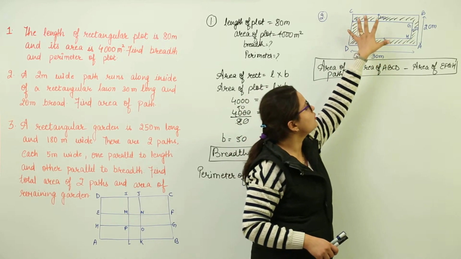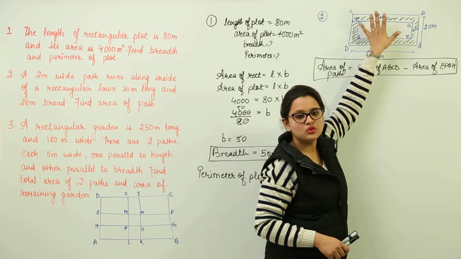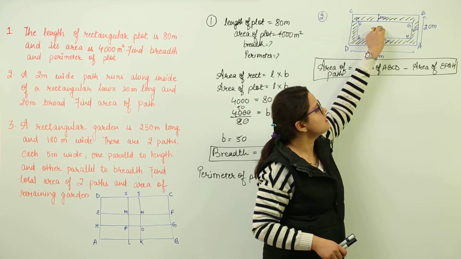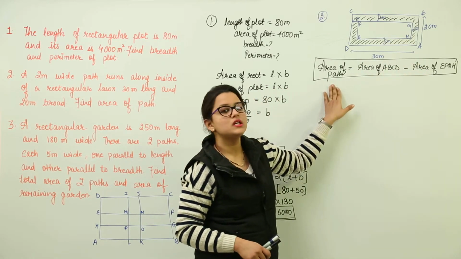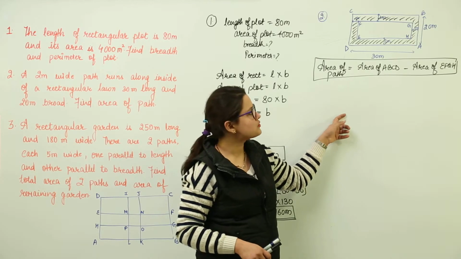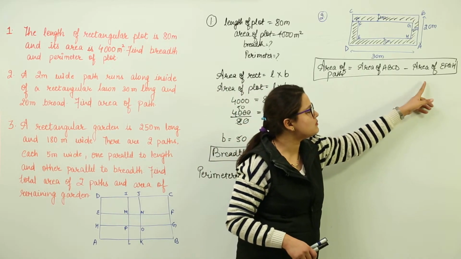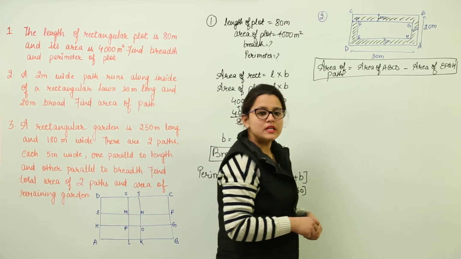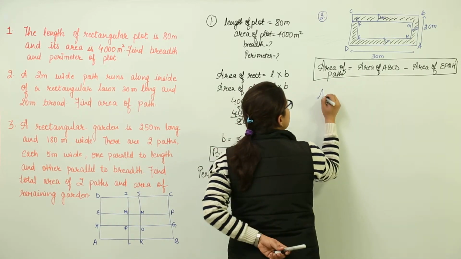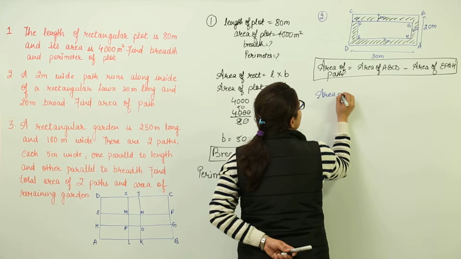That means from the total area ABCD, you will have to subtract this particular portion, that is EFGH, and you will get your area of the path. So that means we are going to get it as soon as we get the area of ABCD and EFGH. So the next step should be for calculation of both the areas, and we do it like this: area of